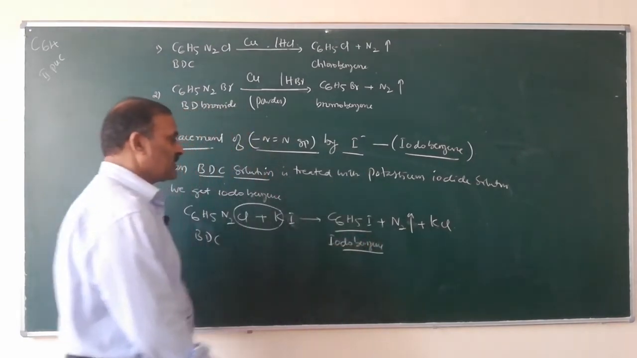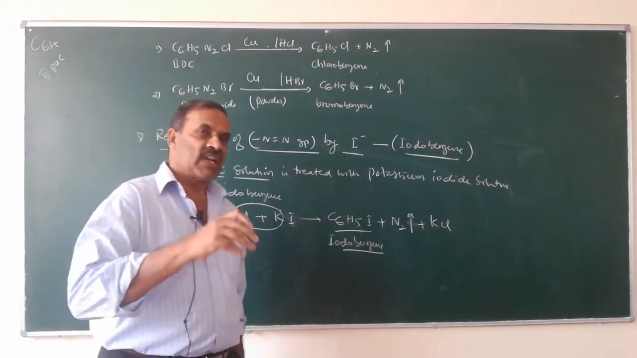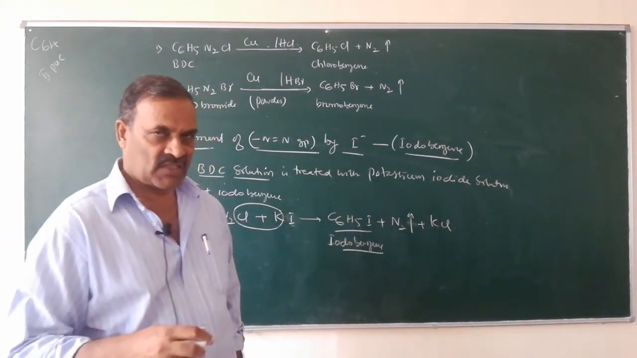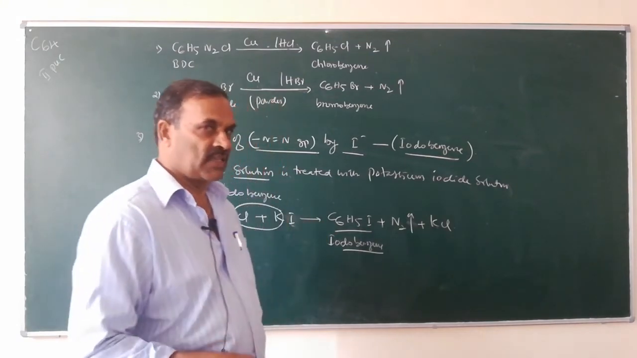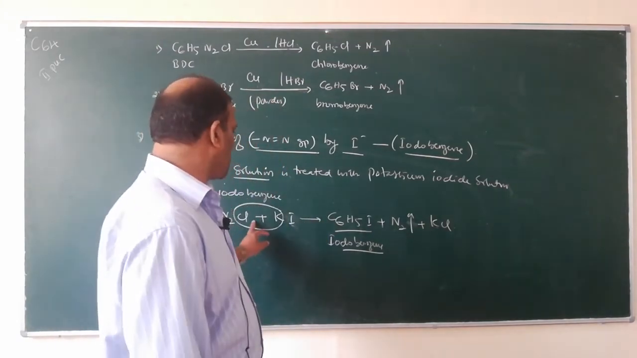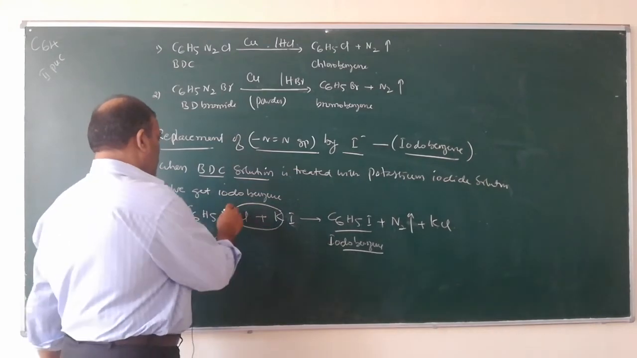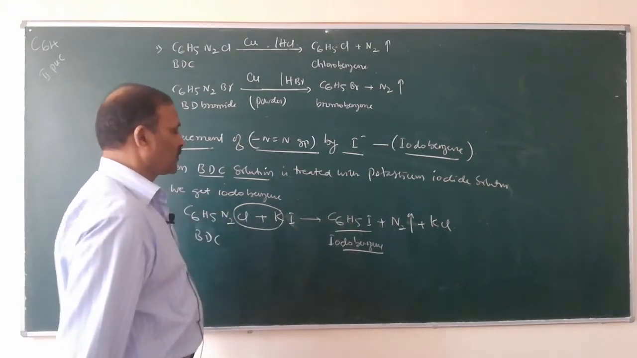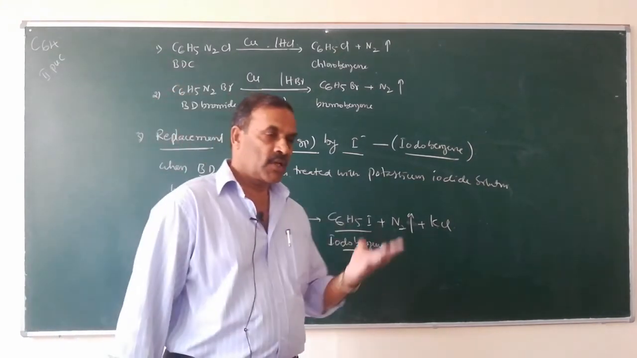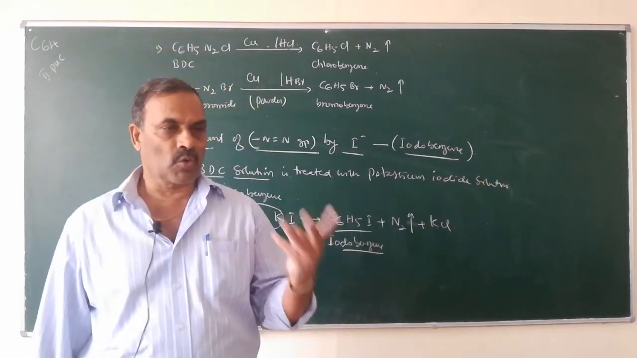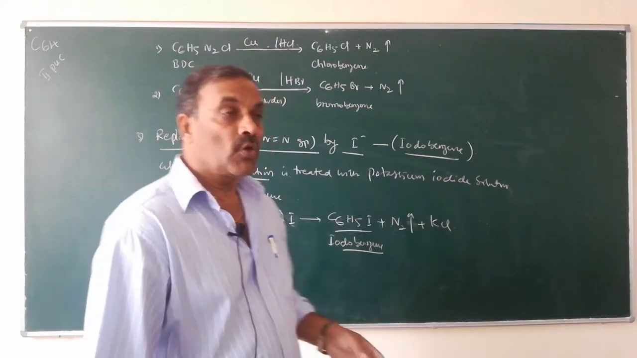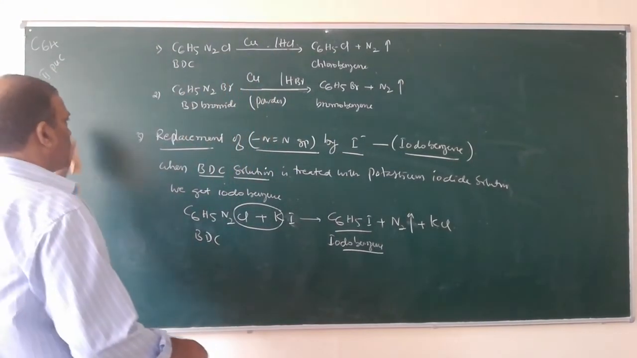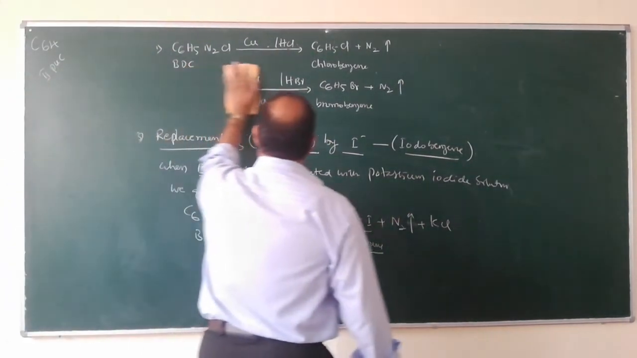So how is iodobenzene obtained? When benzene diazonium chloride is treated with potassium iodide solution, you will get iodobenzene. The diazo group goes out. So we can prepare chlorobenzene, bromobenzene, iodobenzene, and cyanobenzene. We can also do